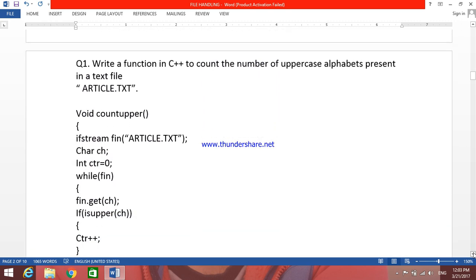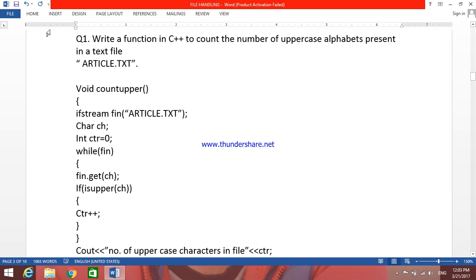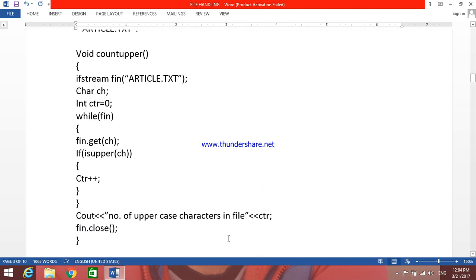For example, the same question in one step: write a function in C++ to count the number of uppercase alphabet present in a text file. Firstly, declare the function, then open the file, ifstream fin article.txt, declare variables ch and counter, counter to store the counting, and ch to store the character, start the loop, read a character, process as required. If it is in uppercase, then I increase the value of counter. At last, display the value as required. Number of uppercase alphabet in file is value of counter. Close the file, close the